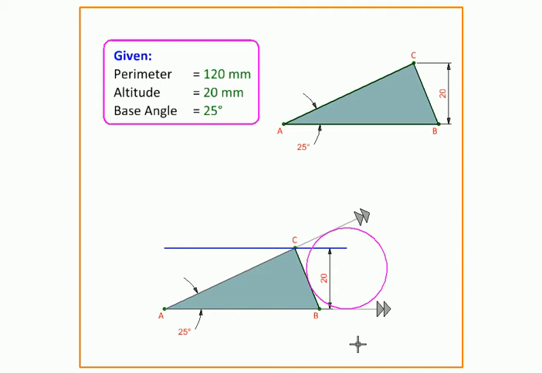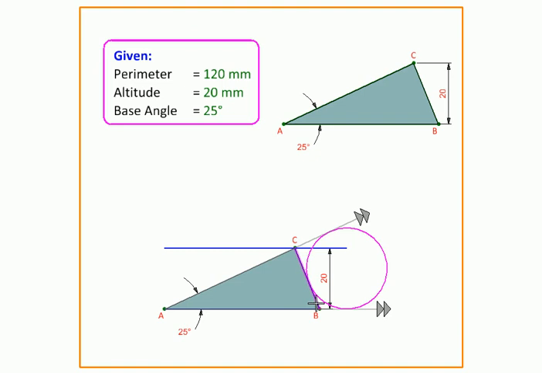Let's see if we can get more than one solution. In this case, point A and C got fixed first, and B we found by this perimeter condition. So let's alter this perimeter condition. Instead of saying the perimeter is 120, since A and C is fixed, it boils down to the length ABC being fixed. So we can take a string of that much length, fix it at A and C, and investigate if B has any more locations possible.